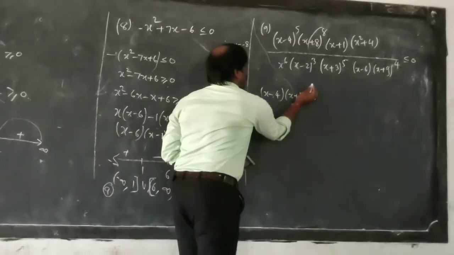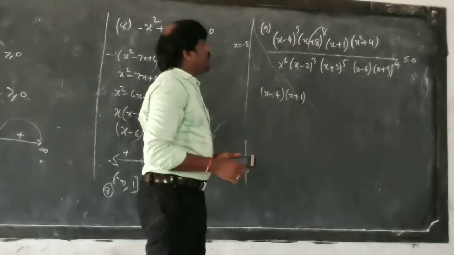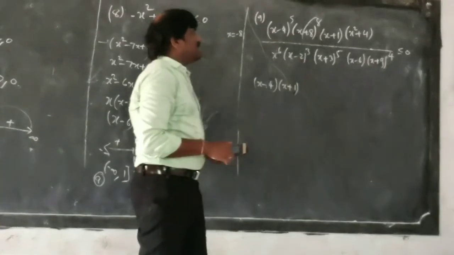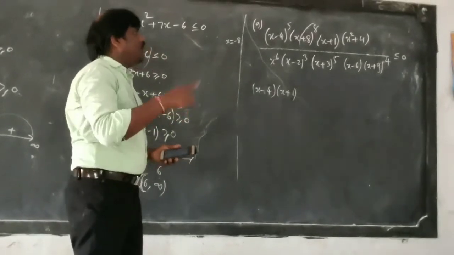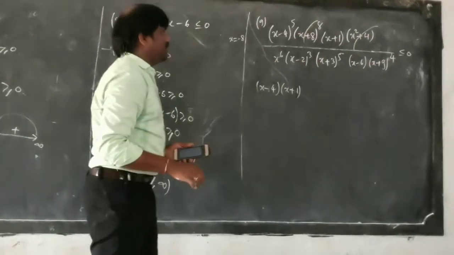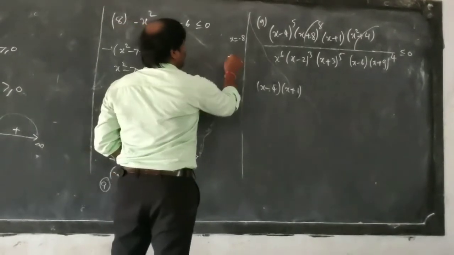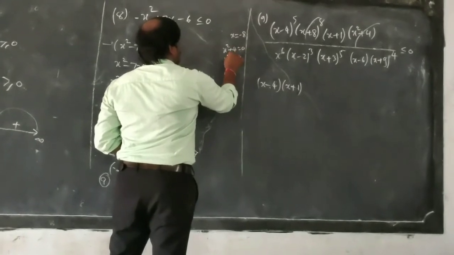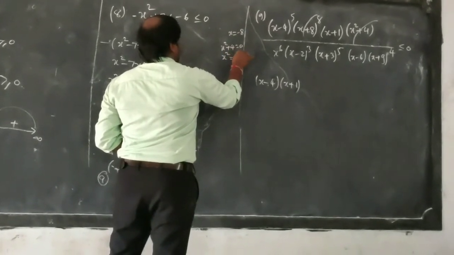And the other one is x square plus 4, which I can write as a positive number. That x square is a positive number, so you can take that side completely, so totally you remove that one. But whenever you remove that one, just see that x square plus 4 is equal to 0, so x square is equal to minus 4. So this is not the answer.